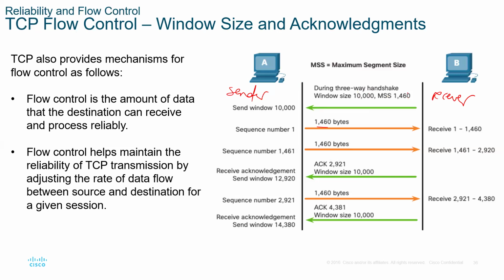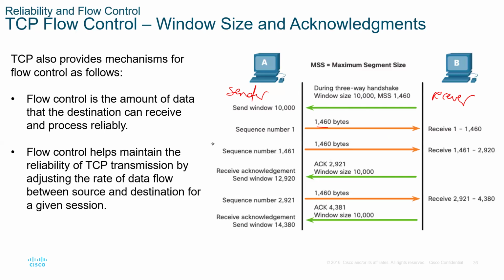The receiver gives the window size because it is the one that receives information. The receiver doesn't have to wait for the entire window to be filled before sending an acknowledgement. It can acknowledge received data incrementally. As the sender receives acknowledgements, it slides its window forward, allowing it to send more data. That's why it's called the sliding window.